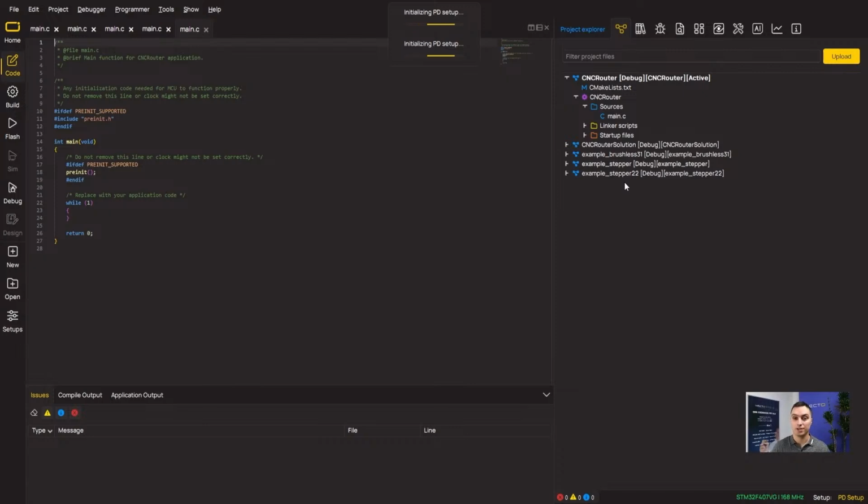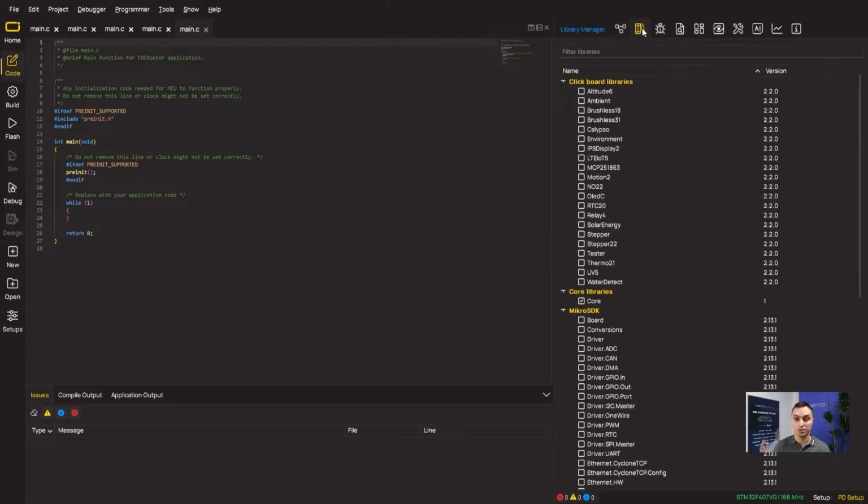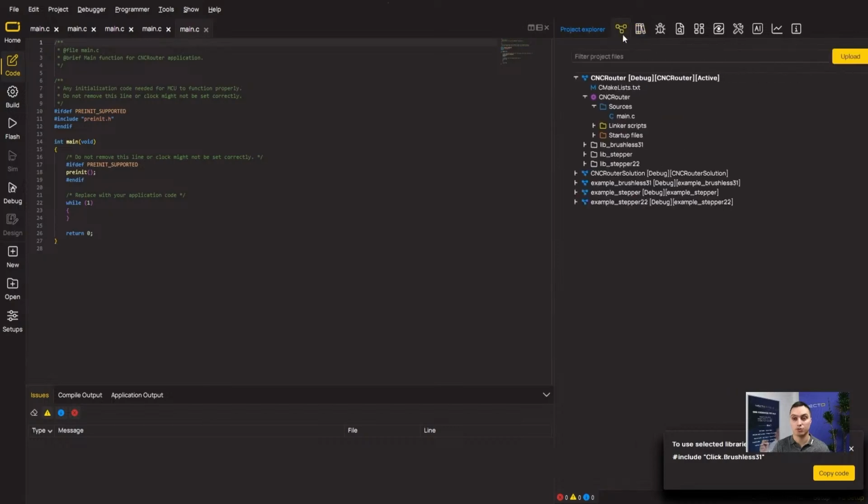Okay. How are we going to insert the necessary Click libraries? Well, I'm just going to jump into the library manager over there, and I'm going to install whichever Click library is needed for the CNC router solution. So for our case, the Stepper library is needed, the Stepper 22 library is needed as well, and the Brushless 31 library is needed as well. Okay, now that we have installed all the necessary libraries,